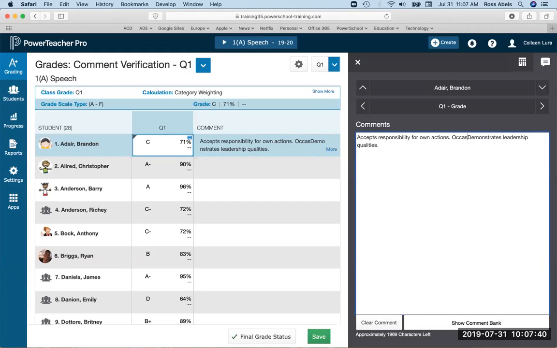Occasionally demonstrates leadership skills. Whatever qualifier or additional comment you like, notice that you still have the restriction upon that. If you want to enter in smart text, you can do that. I'm just going to do it